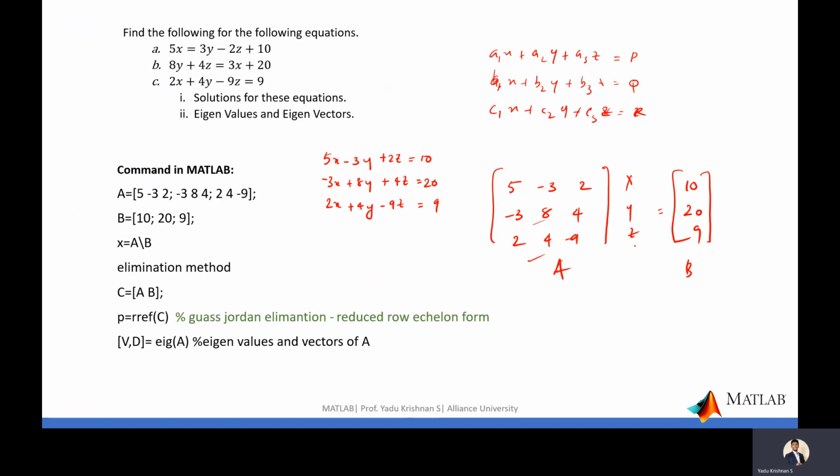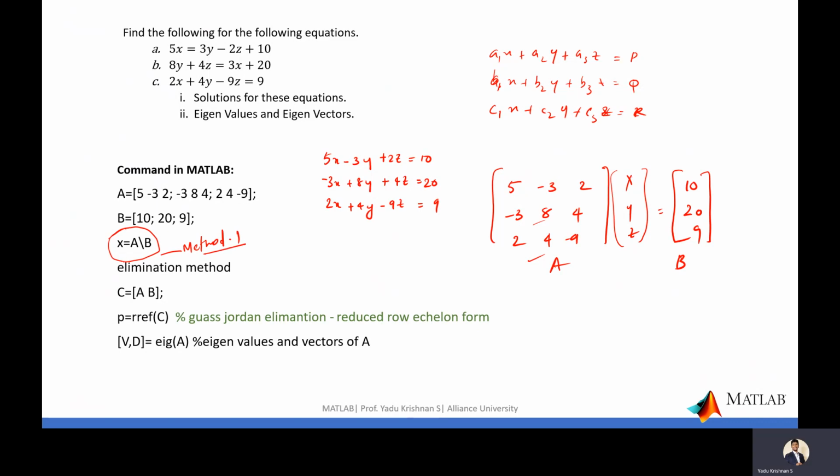In two methods we can solve this very easily. So X, Y, Z. X is basically A inverse B. Same way here, A inverse B, we can say. So here one thing you have to think about is that A and B are available, and you need to find X, Y, Z. So we are going to do this particular operation. This is the first method.